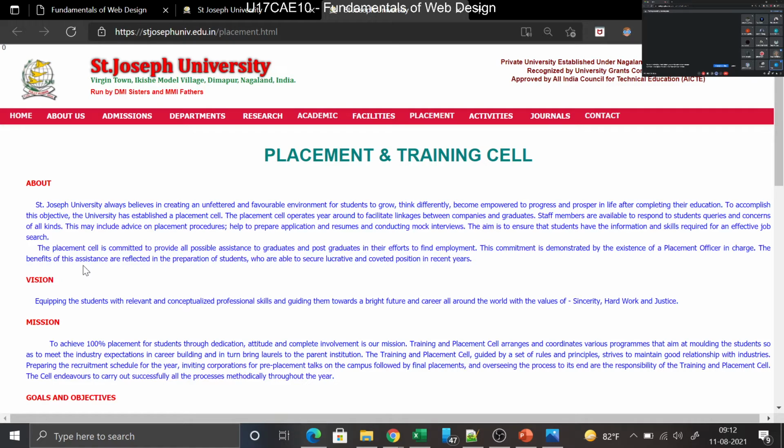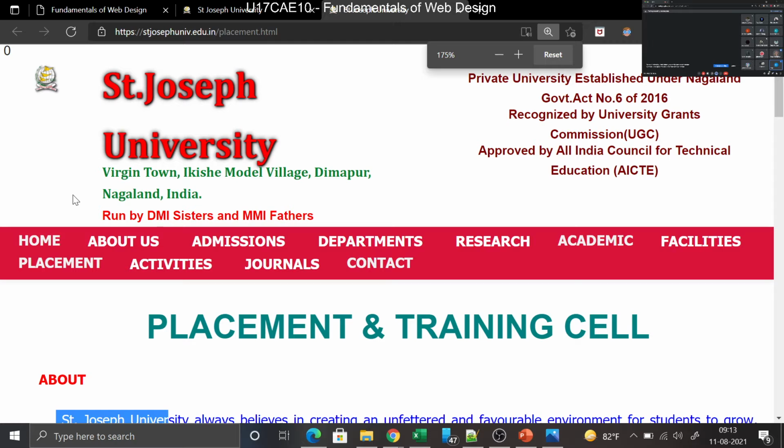Can you tell me the difference between this particular text which is highlighted here and the one on top of that? Can anyone tell me the difference? If you want, I will zoom it a little bit so that you can see. Can you tell me the difference between this St. Joseph University and this one?